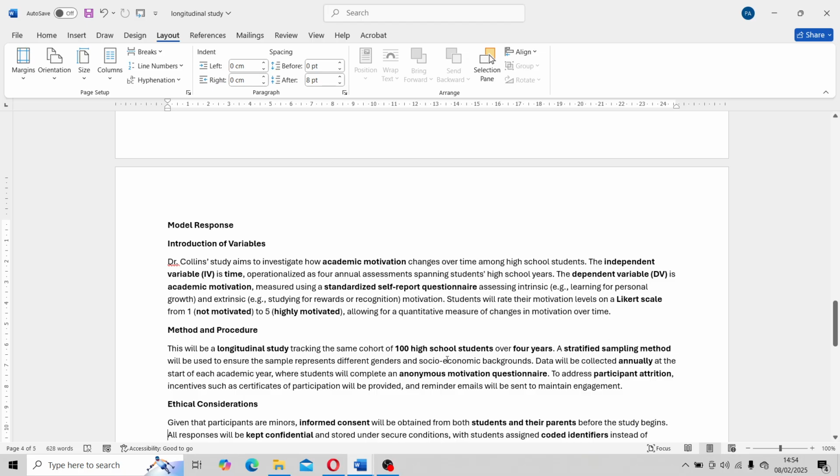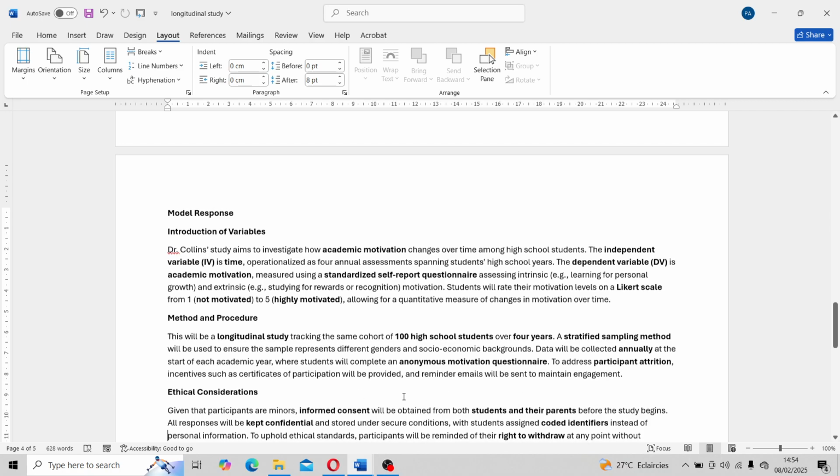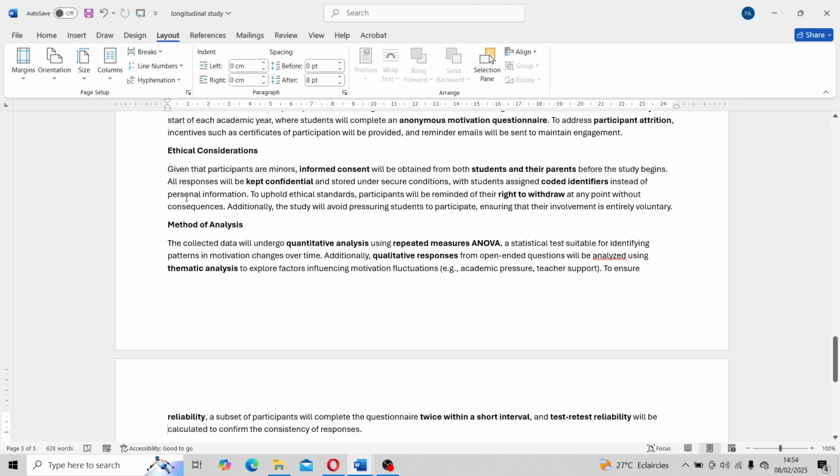Data will be collected annually at the start of each year or end of each year, depending on you. Okay, academic year. Now, your students will complete this motivation questionnaire. All right, so to address participant attrition, you also do this. Okay, you give them emails, you give them messages to ensure that they are participating in the study. All right, ethical consideration: you give them informed consent, student and their parents, depending on their age as well. Okay, would the students be assigned coded identifiers instead of personal information? So you don't want to really mention their name. Maybe you can use acronyms. That depends on you. Okay, any other ethical consideration that you feel is relevant, you can add it to it,